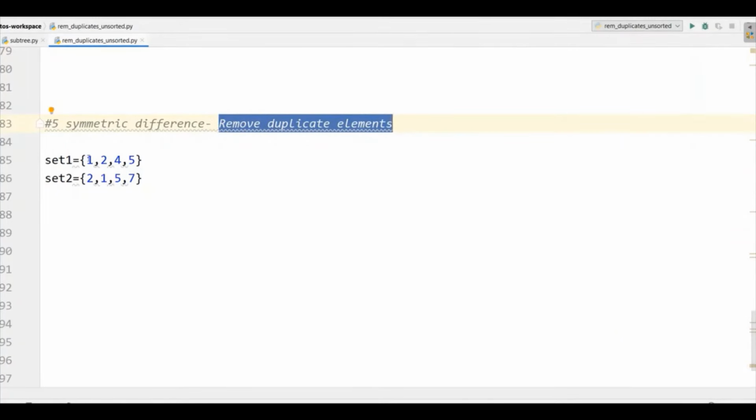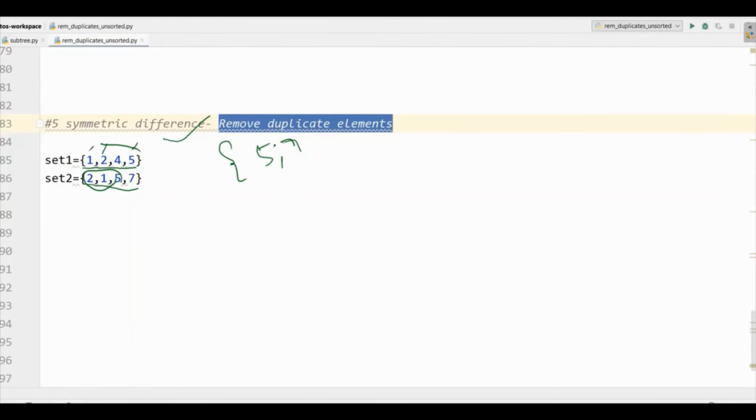If we can see in set 1, we have 1, 2, 4, 5. On the other hand, set 2 has 2, 1, 5, 7. So if we can see 1, 2 and 5 are duplicate values. So with this symmetric difference, we will get 4 and 7 as they have not occurred more than once.